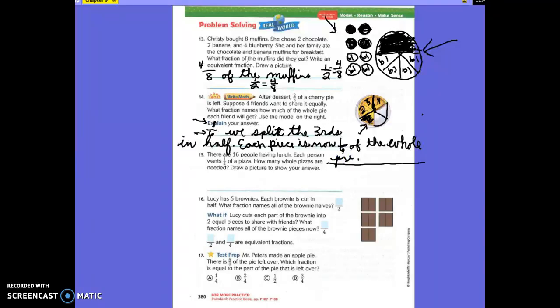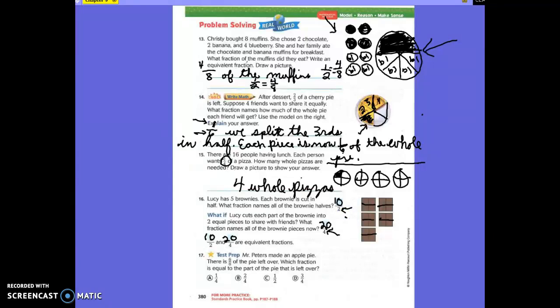Number 15, there are 16 people having lunch. Each person wants 1/4 of a pizza. How many whole pizzas are needed? Draw the picture for your answer. Okay, we drew a pizza and cut it in fourths because it said fourths. And then you knew that's not going to feed 16, so we drew another one. That's not going to feed 16, so we drew another one and another one. How many pizzas did we need, guys? 4 whole pizzas. Okay, we had 2 as the denominator, so they were cut in half. We said the equal pieces was 10 on top, so we put that on top. Then we had to cut all of them in half, and because it said fourth down here,